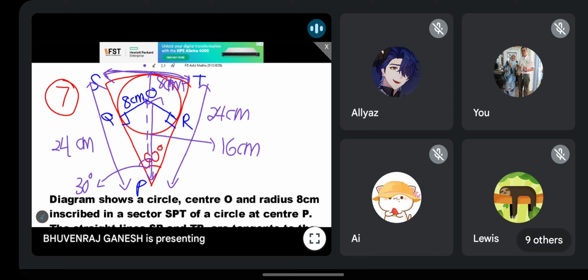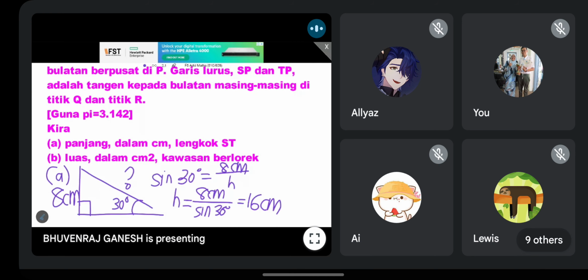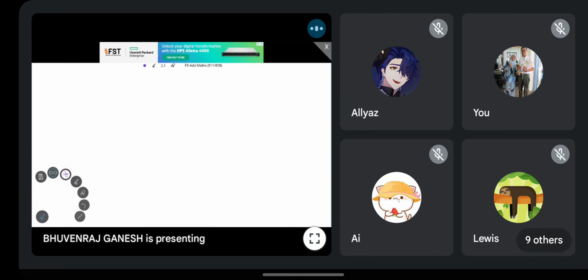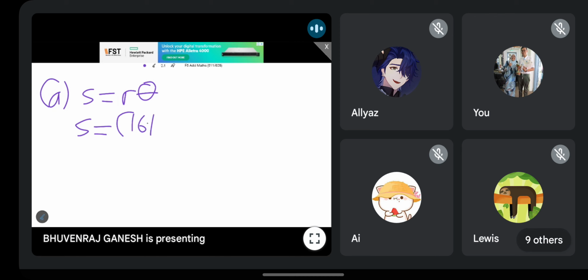Okay guys, understand? So then you can use the formula, S equal to r theta. But make sure theta change to radian mode. Okay, so for part A, S equal to r theta. So S will equal to r is 16 plus with 8. Okay, and then theta is 60 degree. Make sure convert to radian. Tukar dari darjah ke radian. So final answer, if you want to leave in the most accurate form, you can leave your answer as 24